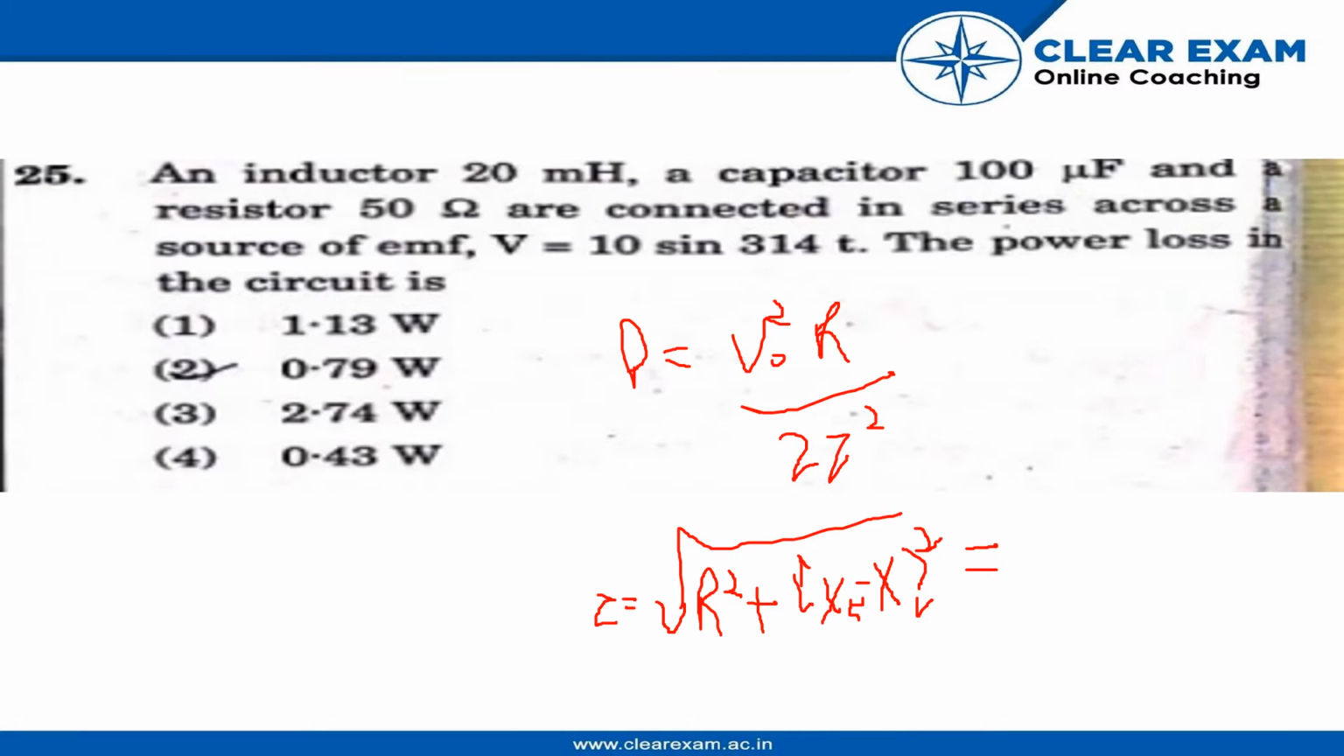Here we are given the value of L, that is 20 mH, capacitor C is equal to 100 microfarad, resistor 50 ohm, and V is equal to 10 sin 314t. Here V0 is equal to 10 and omega is equal to 314. So, with the help of this, first we'll find the value of XL, that is